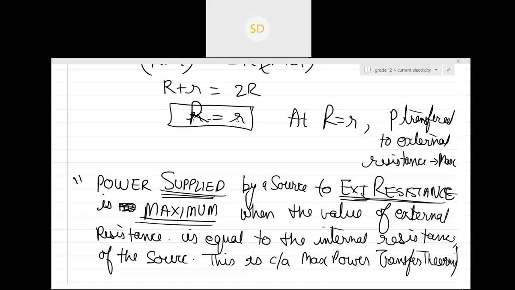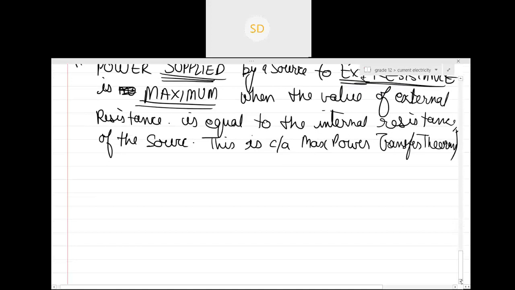This power will be maximum when external resistance is equal to internal resistance. Fine. Now on this, if the question is about maximum current, then whatever circuit we have, parallel or series, internal resistance has to be equal to external resistance. The more advanced questions on maximum power transfer theorem will be discussed later, when I'll teach you Thevenin in RC circuits. I'm not doing that right now, I'm directly starting with electrical instruments.